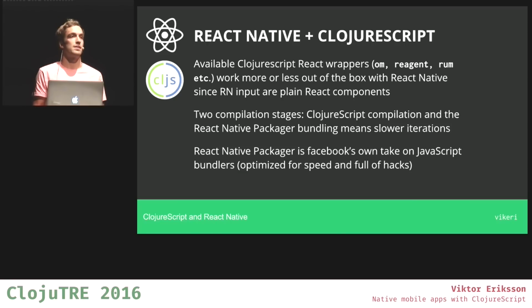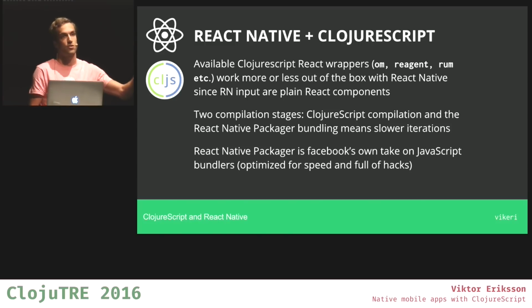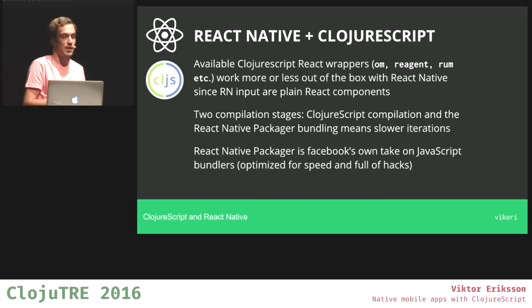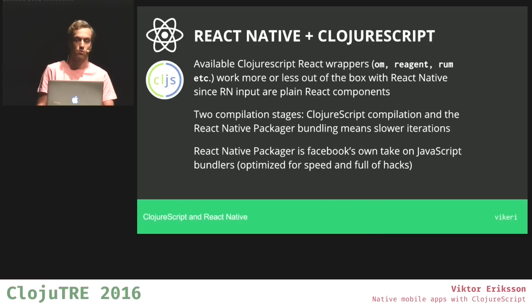With vanilla React Native, you get sub-second iterations, so when you save your code, in less than a second you will see the change on the emulator. But with ClojureScript, you have the ClojureScript compilation stage, so that sub-second is more like 4 or 5 seconds in my experience. And because you also have the React Native packager that packages the JavaScript code and starts this server and the WebSockets and sends the code to the native